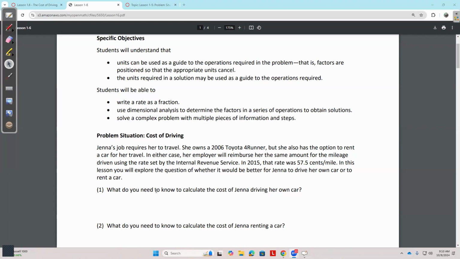So lesson 1.6. Working up to where we are today, we've done a lot with fractions, converting units, comparing units. So this takes it a step farther than that. We are going to do a little dimensional analysis, but we're going to be comparing like,